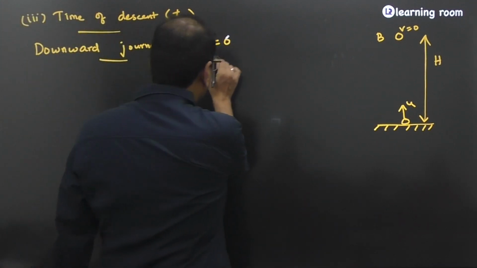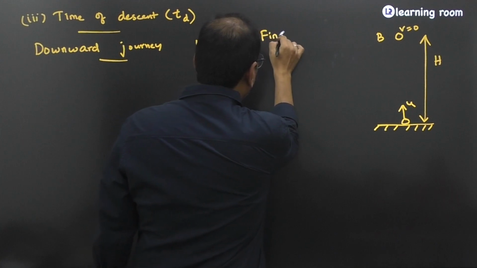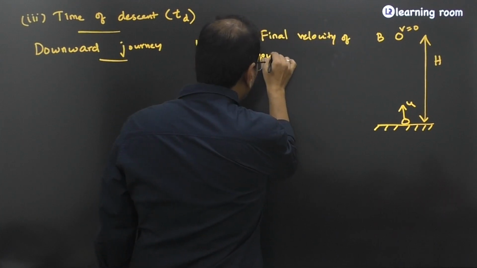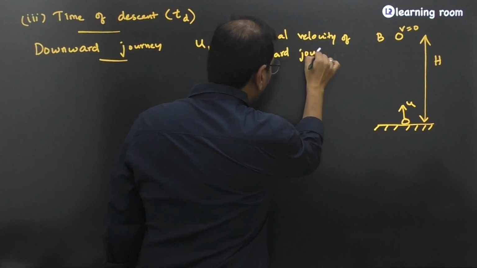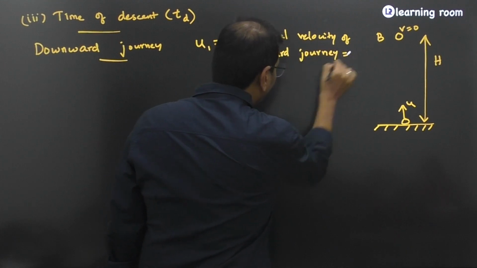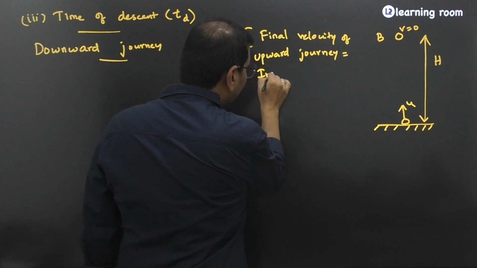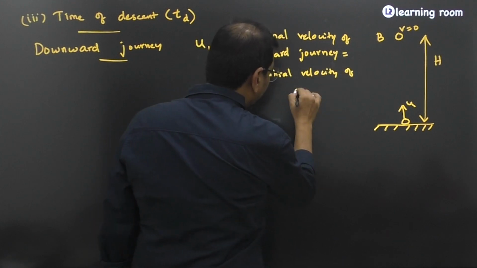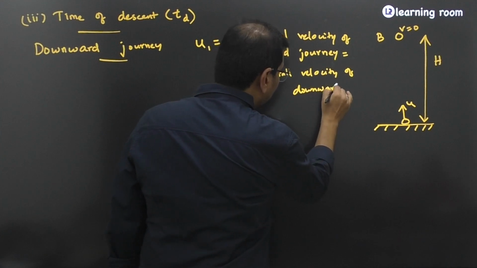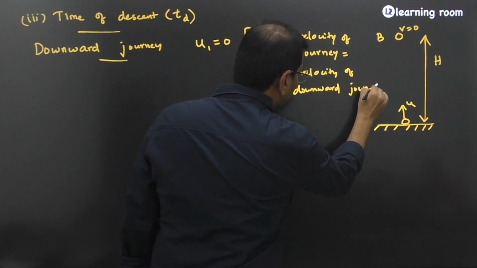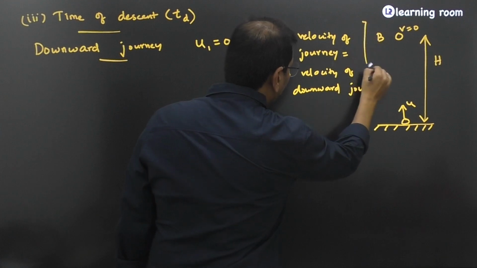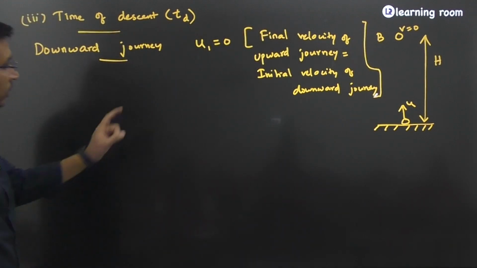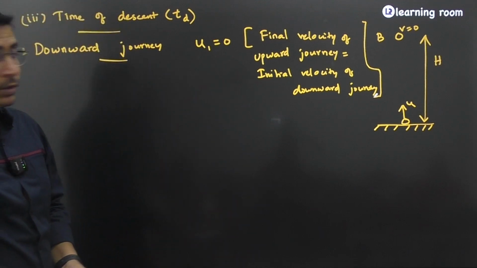What is the reason? Final velocity of upward journey is equal to initial velocity of downward journey. Clear with this? Now, having said this, since u1 is equal to 0, now I need to find the